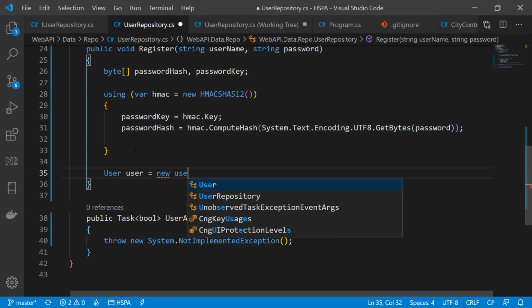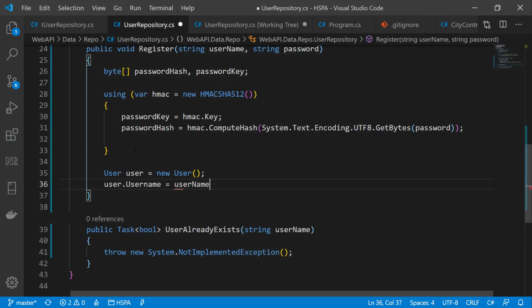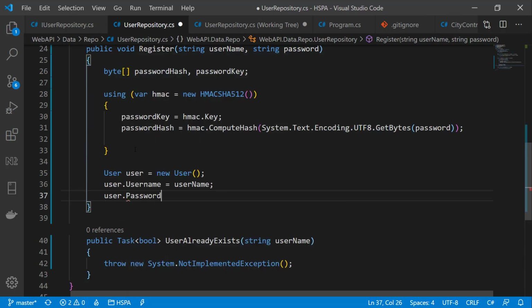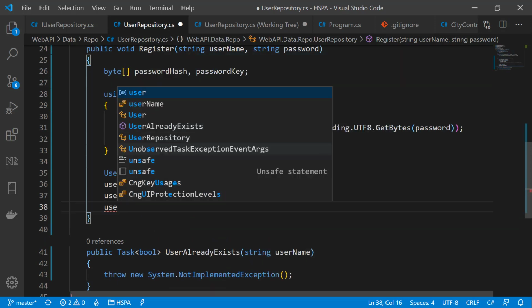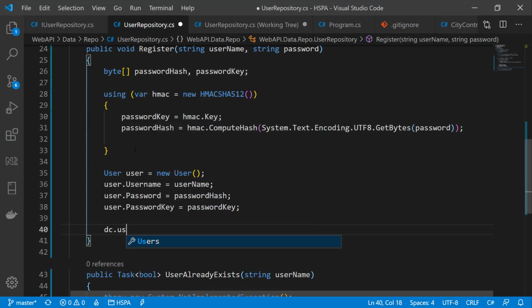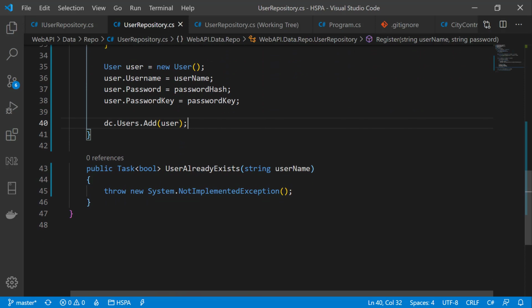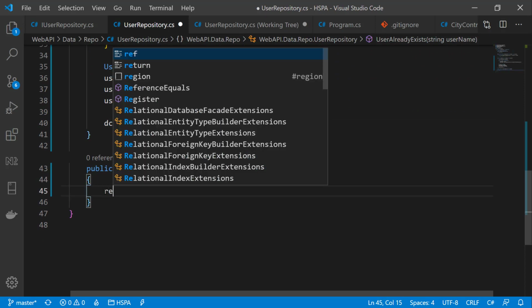Let's add all this information in a user object. Using dataContext.Users.Add to add this user in the data context. Let's also implement this other method. It is very simple.